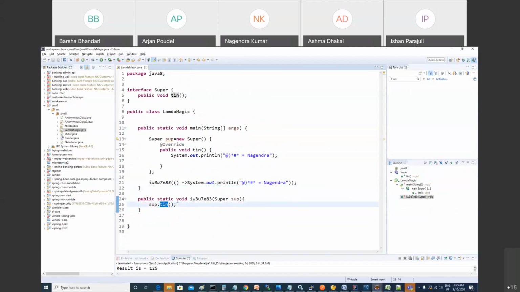Lambda is just the definition of it, right? Let me show you. When you call this method, it means this definition goes to this reference variable. Like this. When you are calling this method, you are passing this definition to this.